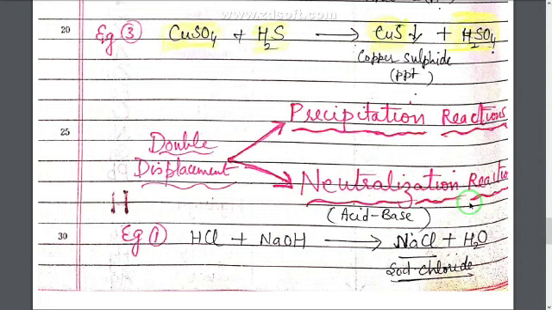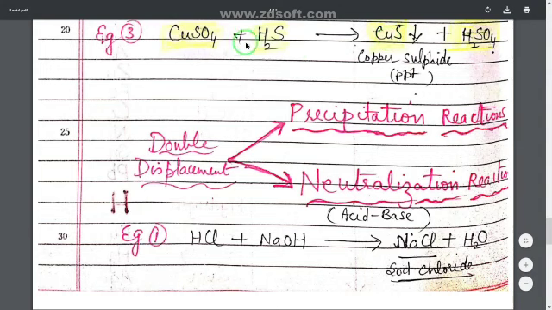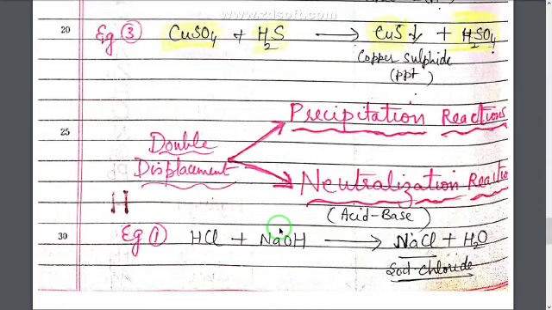In these reactions precipitate is not formed because generally they are acid-base reactions, and when any acid reacts with a base they form salt and water. So these are called neutralization reactions. So double displacement reactions are of two kinds, one precipitation reactions and second neutralization reactions. So revise all the topics children and learn the activity series.